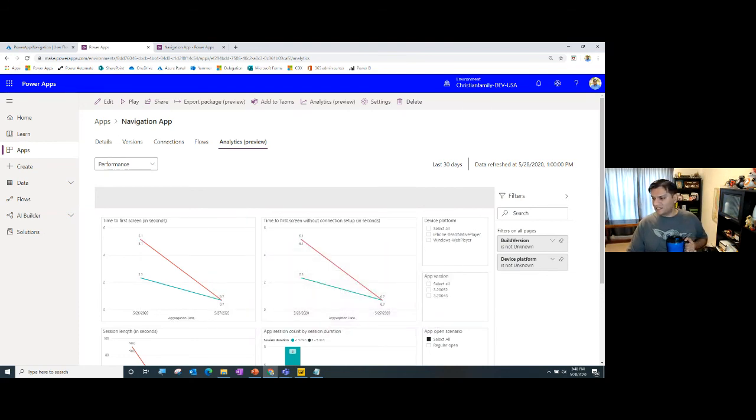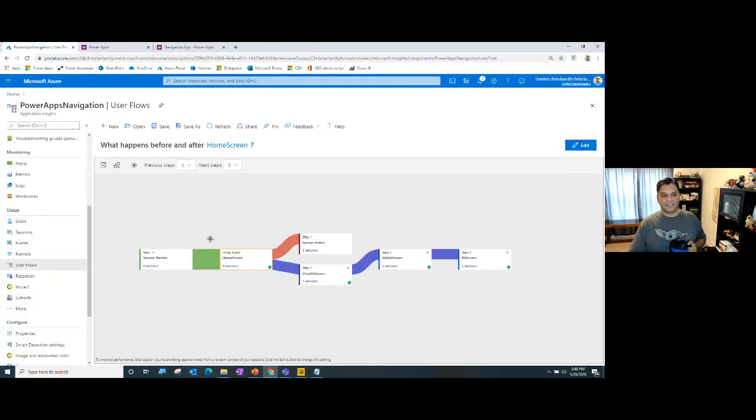And then the last one is, due to bad design of the app, the data in the screens may take very long. Is there a way we can find that in the analytics? Again, this is the way to do it. You can see how fast the app loads with data and without data over there, and then you'll be able to understand that.